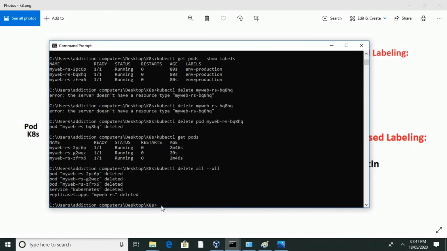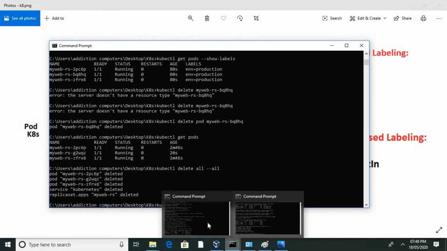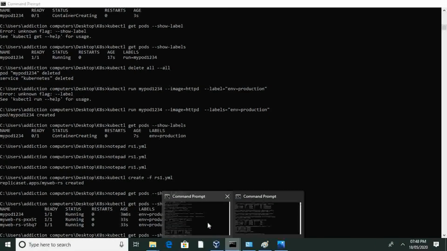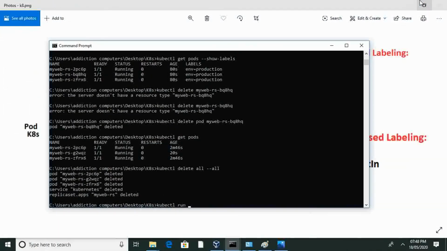Is it going to merge with that file, or is it not going to merge? How many pods is it going to create, 3 or 4? How many? Okay, so kubectl run. What's that pod name? Okay, my pod. You can give my pod